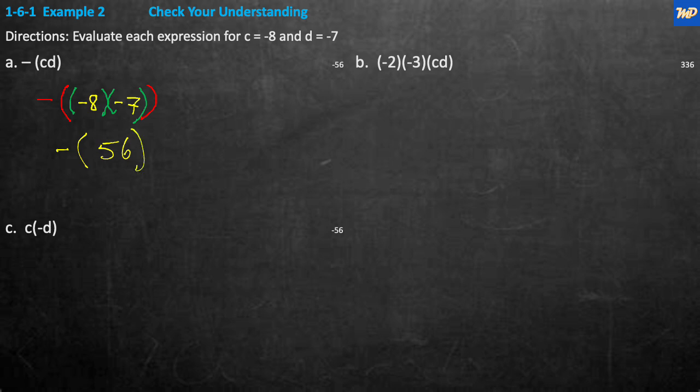And it's negative. So the answer is -56. So let's do this again. I'll go with red. So this time I'm going to go straight to green here. So this one says -2 times -3